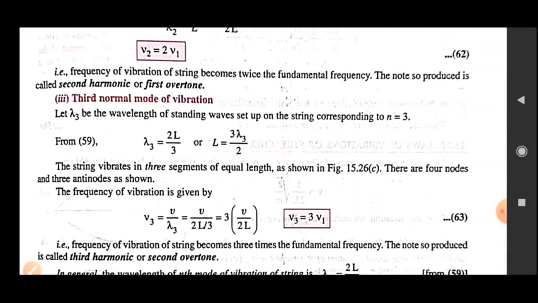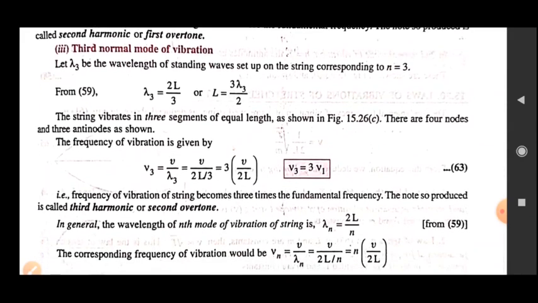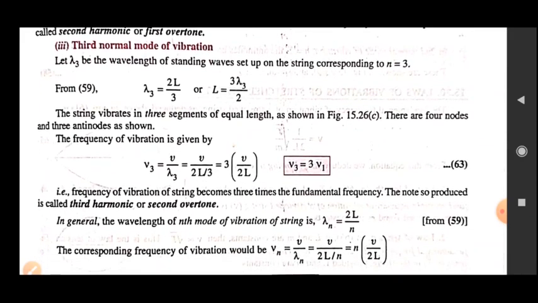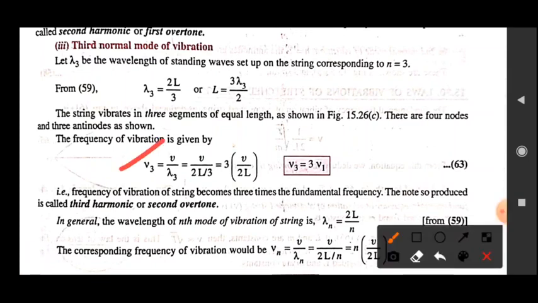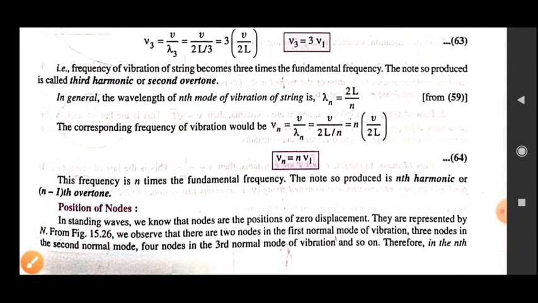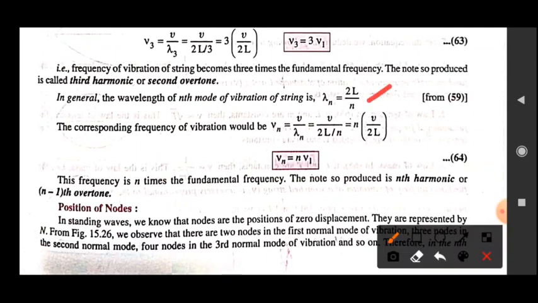Now similarly you can also find out the frequency of the third normal mode of vibration by using this formula. And you can see now, if you arrange it in this manner, then this is 3 times the fundamental frequency. So now we can generalize this whole equation. Then the wavelength of the nth mode of vibration of the string is given by this formula, and the frequency will obviously be nu n is equal to n times nu 1. So it means the frequency is n times the fundamental frequency, and this mode that is produced is known as